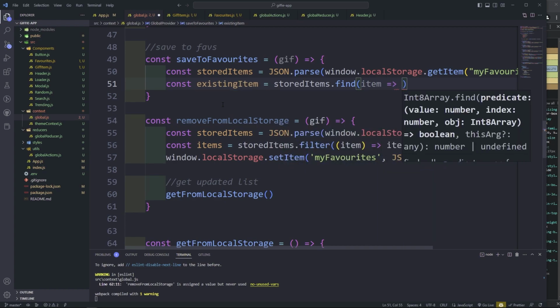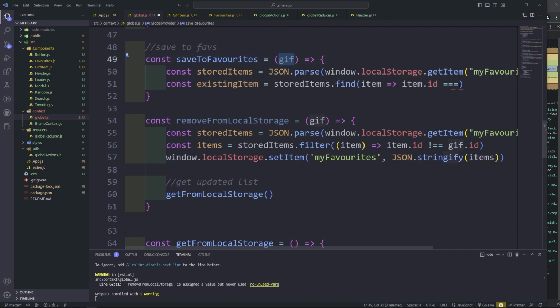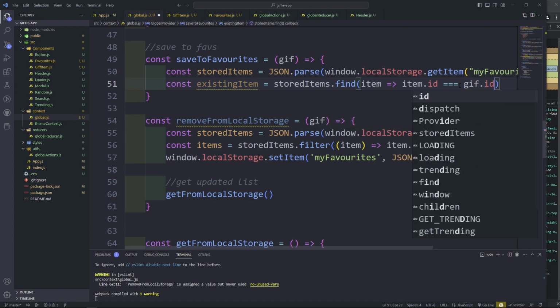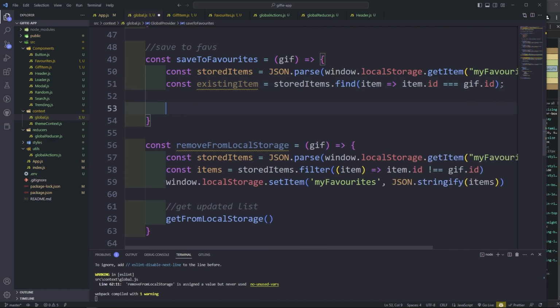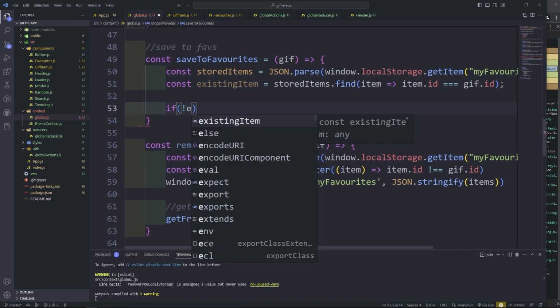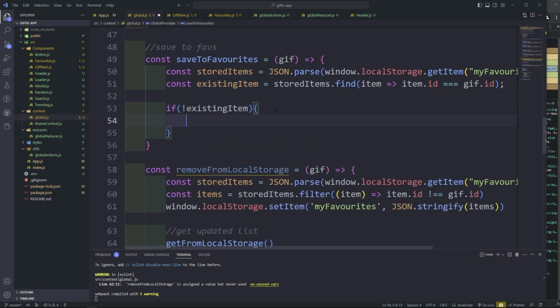In here, I'm going to return item.id if the item.id matches whatever item we pass in, the GIF ID. If it matches, okay. So here I'm going to say if not existing item, if it doesn't exist, that's when we want to